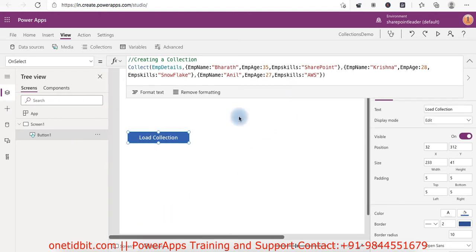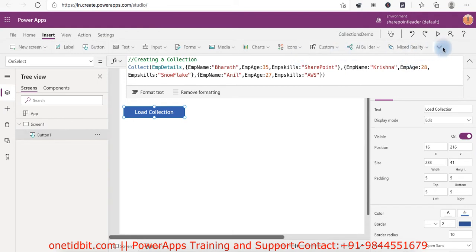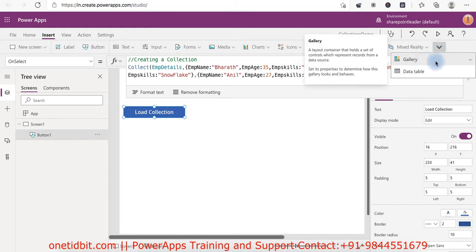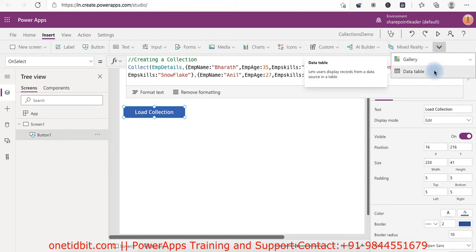Now let's check how to clear this. Okay, so if you want to clear this collection, you can add here, no, so we will see the clear later. First we will check how to visualize this in our canvas app, how to visualize this collection here. For that I can add data table, I can add gallery on the right side. If you see gallery I can add, or I can add data table. Let's add first data table here